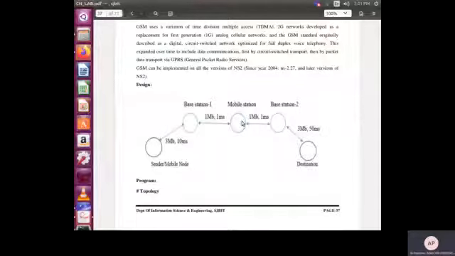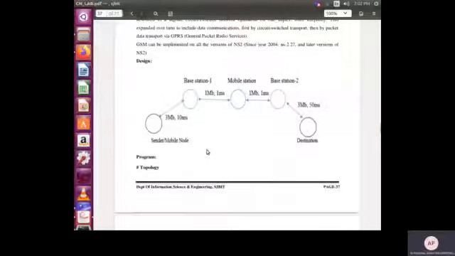So make it clear, there are 2 nodes, the sender node and the destination node, and the sender node is attached to one base station and the destination node is attached to another base station. These 2 base stations are separated through a mobile station. And as usual, any link needs the bandwidth and the propagation delay, and what you can see over here is the bandwidth and the propagation delay. For example, between the sender node and the base station 1, the bandwidth is 3 MB and 10 milliseconds propagation delay. Like this, we have different link parameters for all of these. So now let's look into the program in detail.